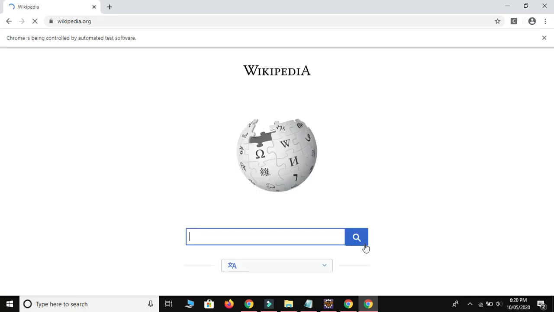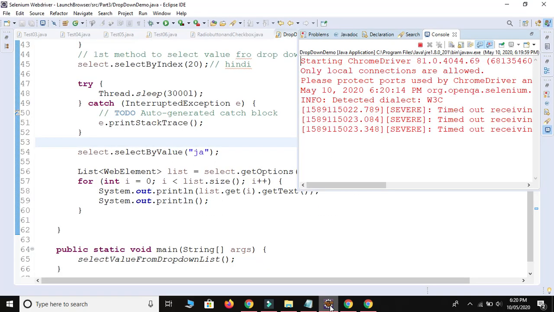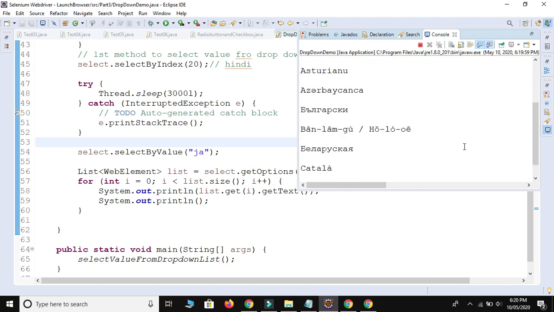So let me open Eclipse, because we are able to see here our different languages. Now it will print each and every language. See guys, able to see? Okay, the execution is over.